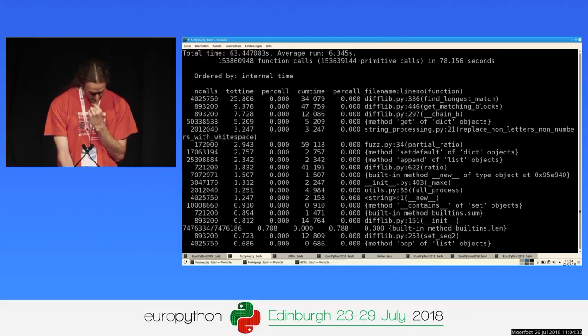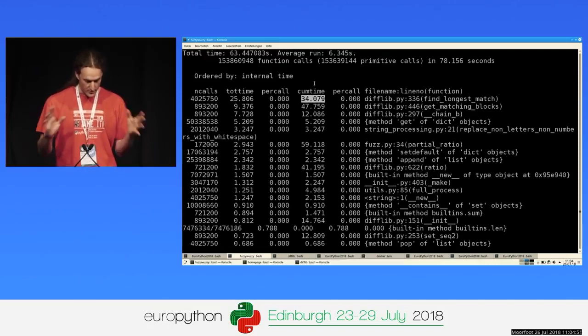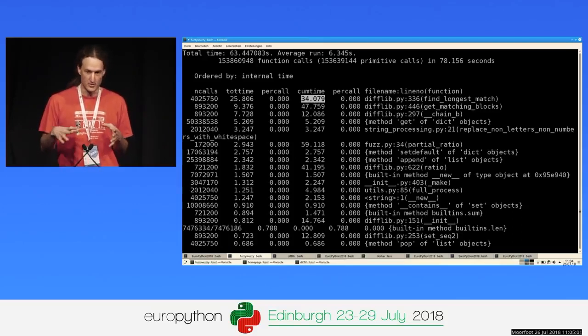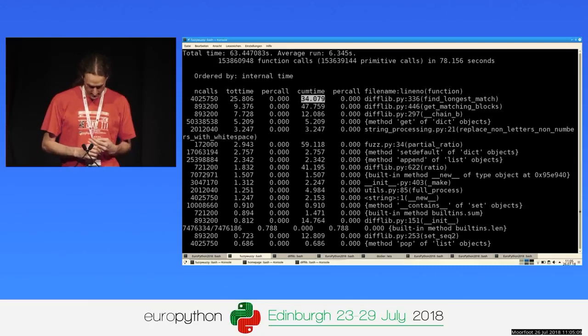And the most costly function here is find longest match in difflib, and it took 25 seconds of runtime all by itself, plus it took an accumulated 34 seconds if you add its internal function calls. So the whole time spent in that function was 34 seconds, including the code that it uses.